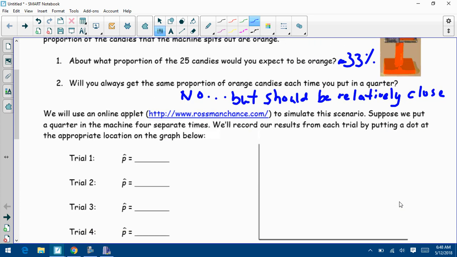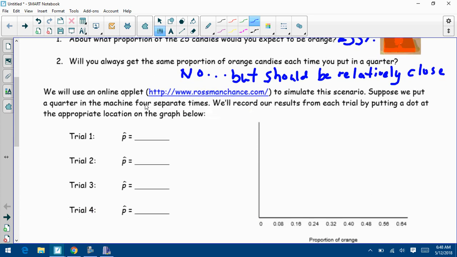Okay, so to simulate this situation, I'm going to use an online program, and we're going to use this exact scenario. So suppose we put a quarter in the machine 4 separate times. Remember, each time it spits out 25 candies. We're going to record our results from each trial by putting a dot on this graph. So I'll show you what I mean. So if I go to this website,